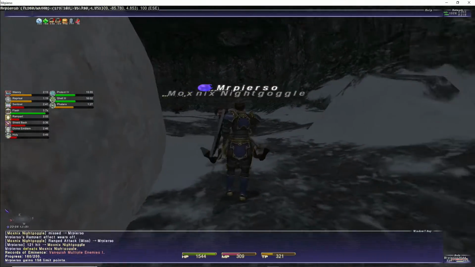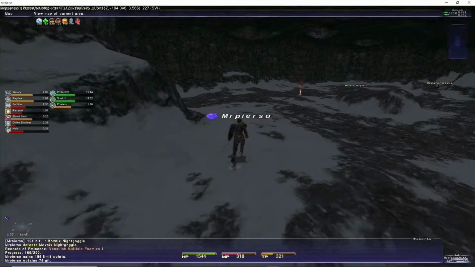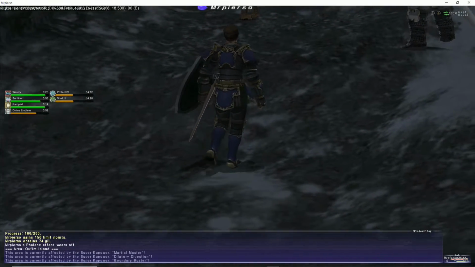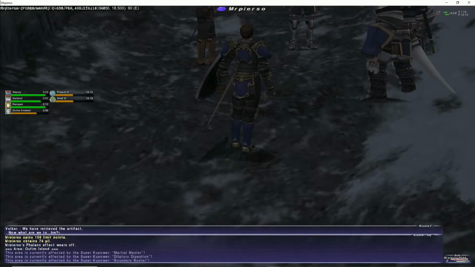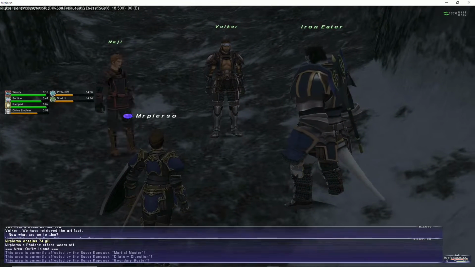Okay, so in order to get the item, we don't go back and re-examine the question mark. We actually have to zone back into Qufim Island. Okay, we're going back out into Qufim Island. We have retrieved the artifact. Now what are we to...